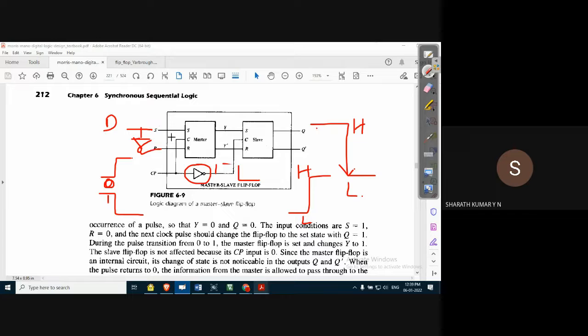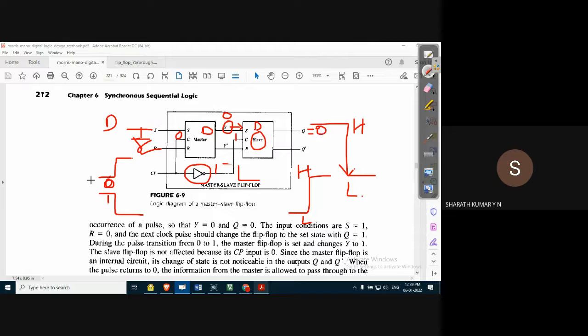So when the pulse is going from low to high, the master has a clock pulse of 0, and the slave flip flop has a clock pulse of 1. So what is the condition now? Slave flip flop is enabled. When the slave flip flop is enabled, whatever the input applied from the master flip flop, I'm assuming this is a D flip flop so that our discussion becomes simple. Let us take initial condition of output of the master as 0. Because 0 is applied as an input to the slave flip flop, output of the slave flip flop becomes 0. Okay, fine.